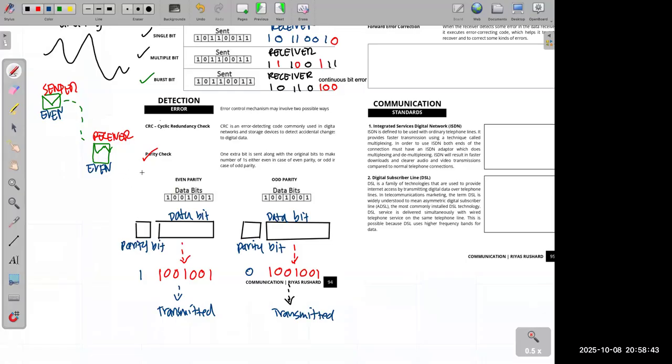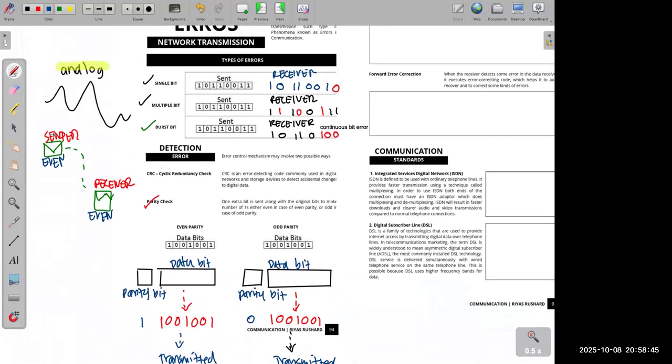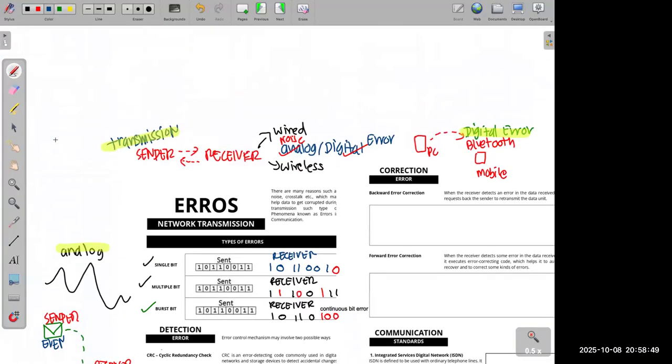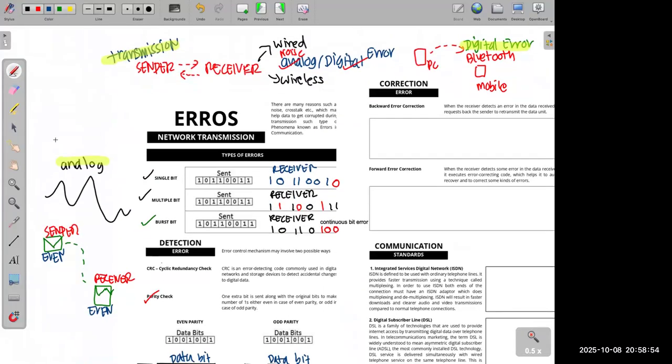Machan, what are you sending? Odd or even. So did you understand? So in short, errors can occur in digital transmission or analog transmission. In digital transmission, when errors occur, we call them digital bit errors. In digital bit errors, we have three types of errors: single bit, multi-bit, and